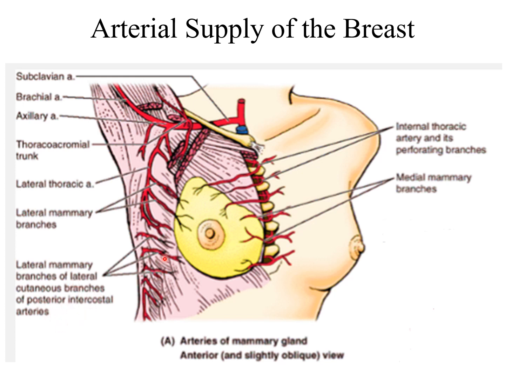posterior intercostal arteries. From the posterior intercostal arteries, branches are coming to supply the breast also. So the lateral area is mainly supplied by the thoracoacromial, lateral thoracic, as well as posterior intercostal branches, and the medial part of the breast is mainly supplied by the branches from the internal thoracic artery and its perforating branches, which are penetrating and supplying the breast tissue on the medial side.